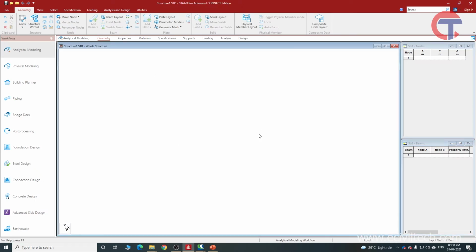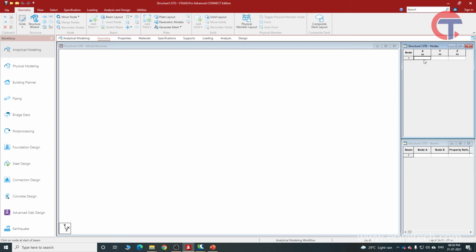You cannot start modeling from here. See, if I choose this add beam, I'm clicking anywhere, but I'm not in a position to make any beam, because there is no node. So how can you create a new node? When you are in the geometry tab, you may be able to find this window. This works on the grids. In the next video I'm going to talk about the grids. The entire modeling works on grids, so grids will be taken in the next video.